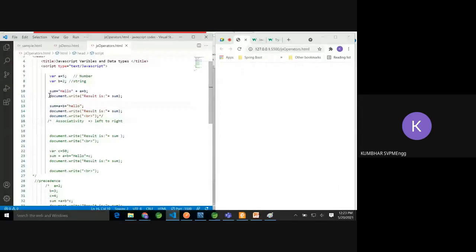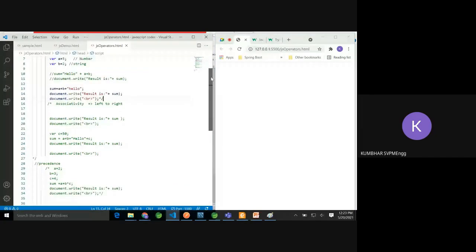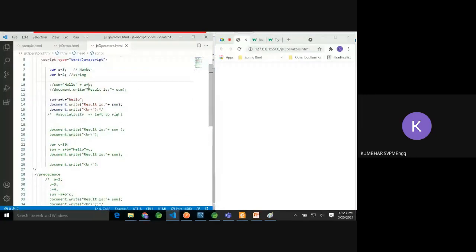Let me comment this. Sum equal to a plus b plus hello. Result equal to sum. Is there any mistake? No, the code is correct. We are not getting this output.